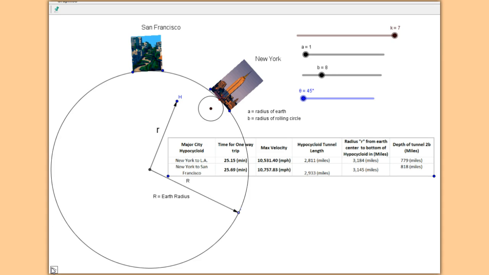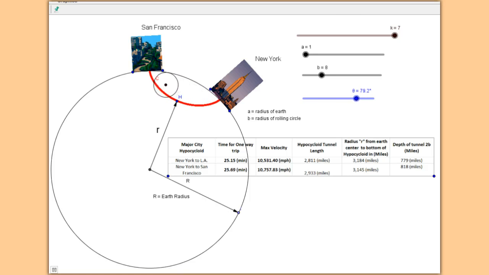Okay, let's draw our hypocycloid. Isn't that amazing? Mathematics at work. Okay, let's look at the next